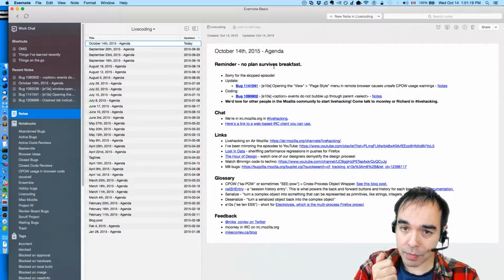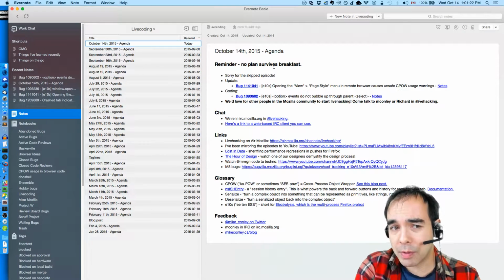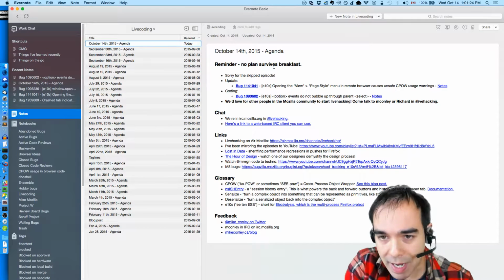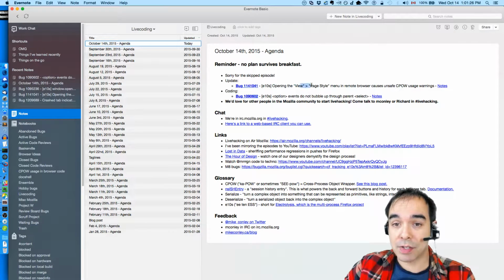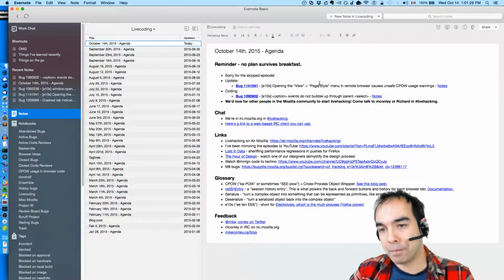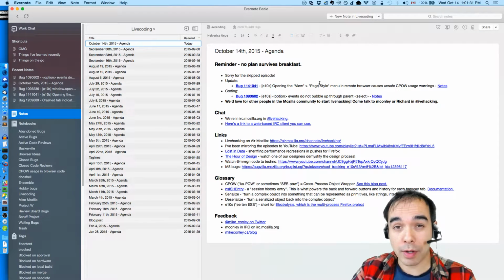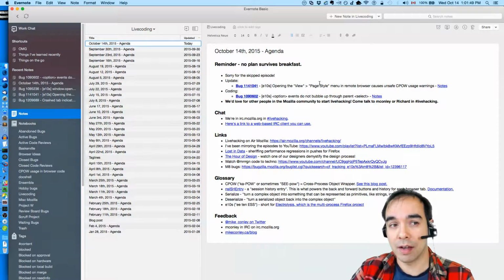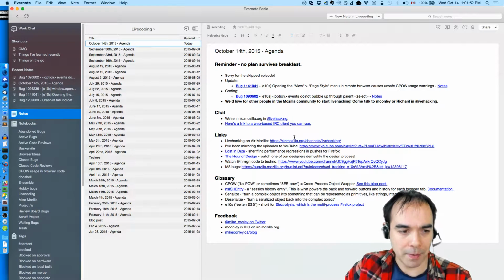I have another update on a bug that we'd been working on a couple of weeks back regarding the page style menu. This bug's actually been fixed now. I fixed it. And the approach I ended up going for was the caching one, where we have the page report a cache of all of the style sheets up to the parent at particular times, and have the parent hold on to it so that the menu pop-up can synchronously access the contents of the cache to populate the page style menu.